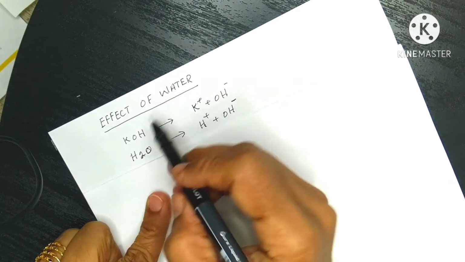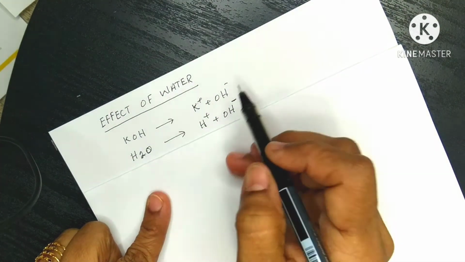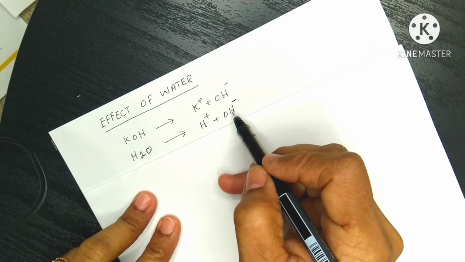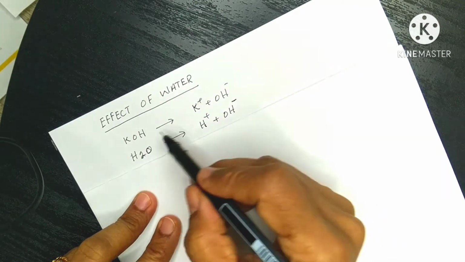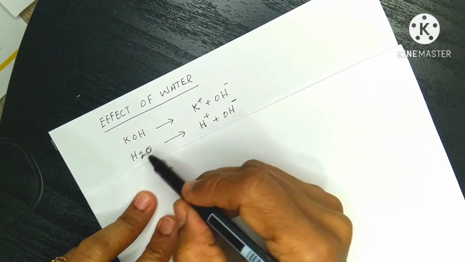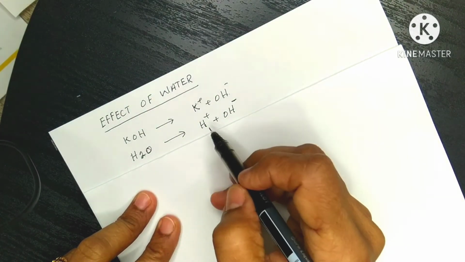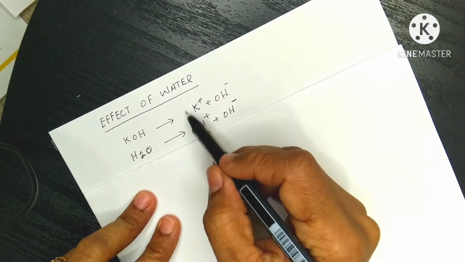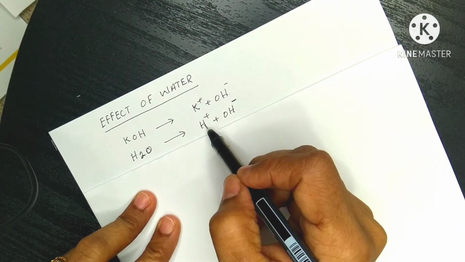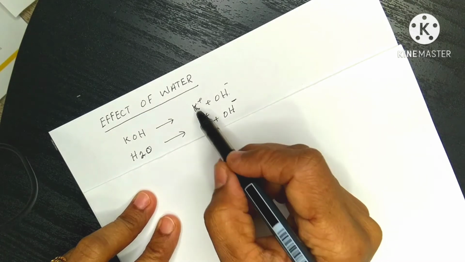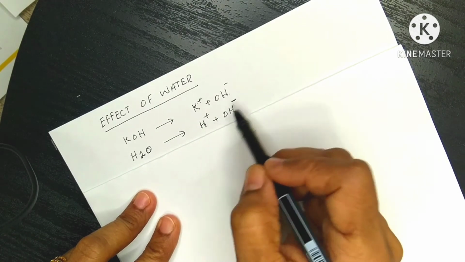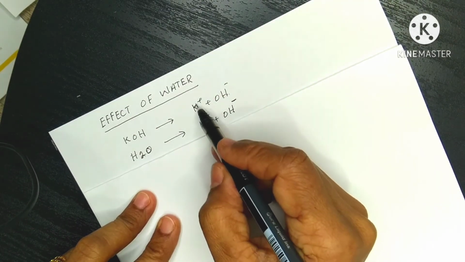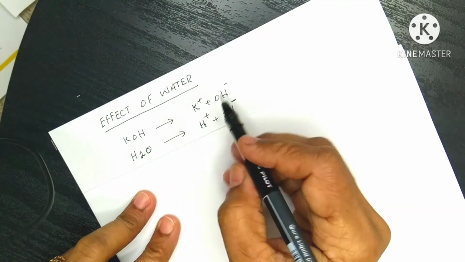at the cathode. But if we have aqueous solution of potassium hydroxide, then we have positive and negative ions from water also. Potassium hydroxide release potassium ion and hydroxide ions, and at the same time water also release the hydrogen ion and hydroxide ions. Now we have potassium ion and hydrogen ion. These positive ions, they will move towards the cathode, and hydroxide ion moves towards the anode. At the cathode there is competition between the hydrogen and potassium ion.